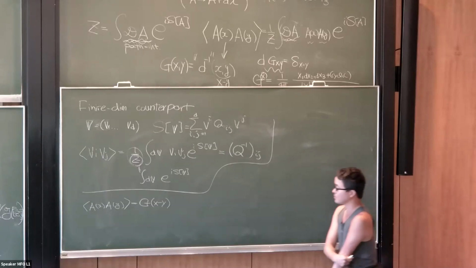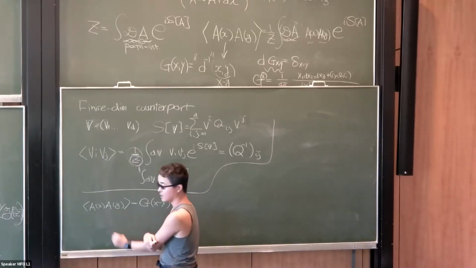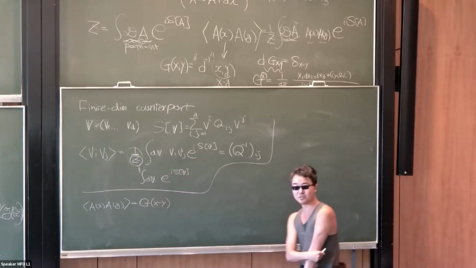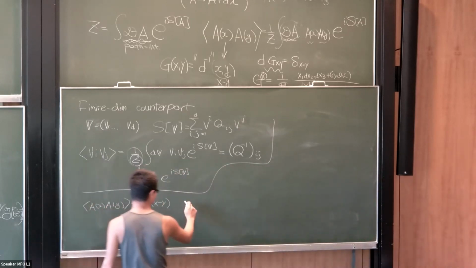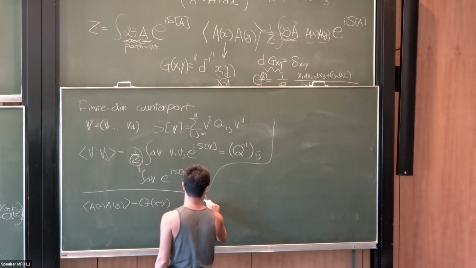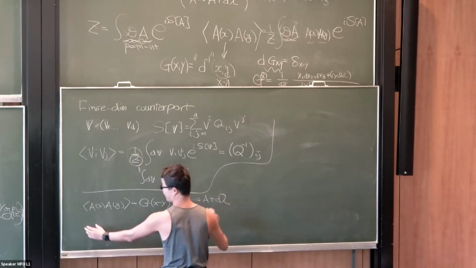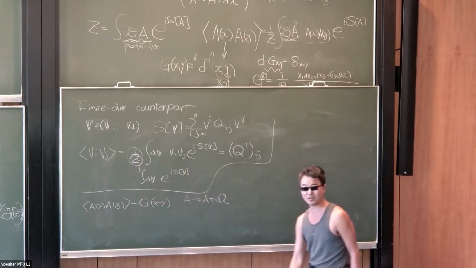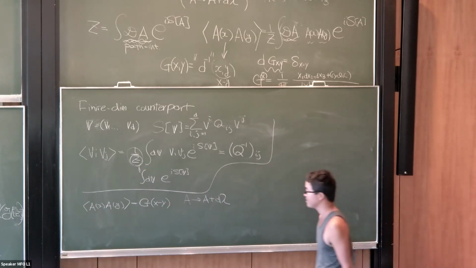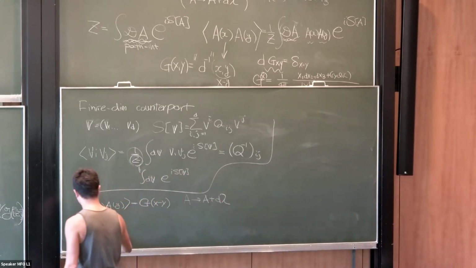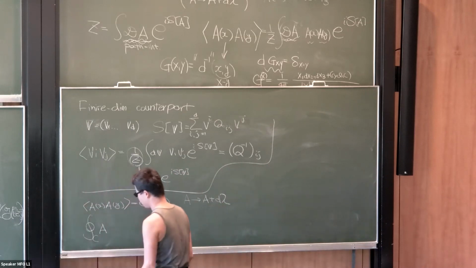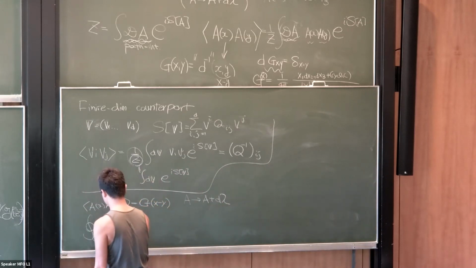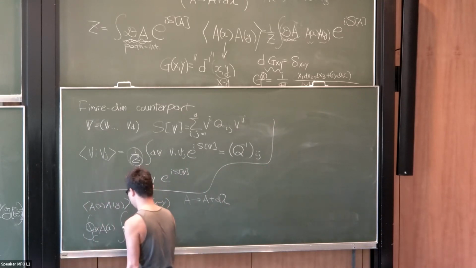Well, this is known as an observable, etc., except that there is one subtlety in 3D Chern-Simons theory: this is not gauge invariant. There is a gauge invariance which sends A to A plus d lambda, for example, and this thing is not gauge invariant, so you have to go to a gauge invariant object. One way to do that is to consider the integral of A over some cycle. If you like, I can write the integral over x, and also yet another one, the integral over y over another cycle.